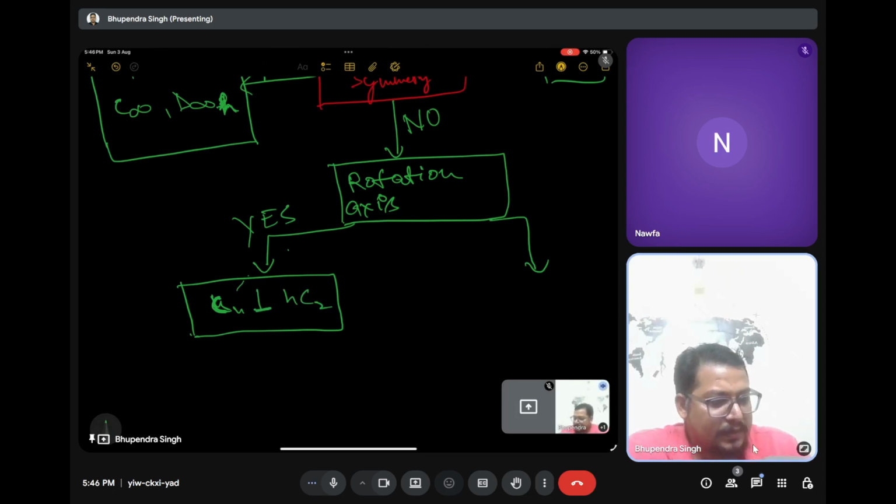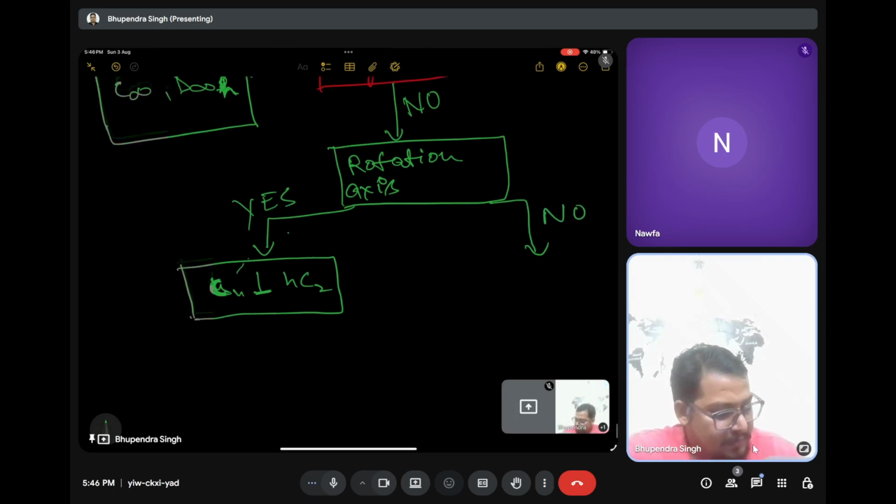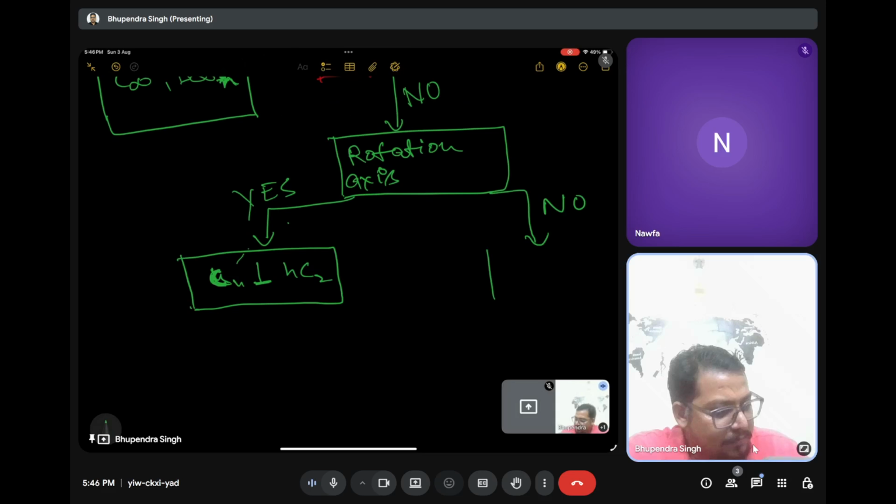Let's say this Cn is not present, no. In that condition, the point group of the molecule could be C1, Cs,